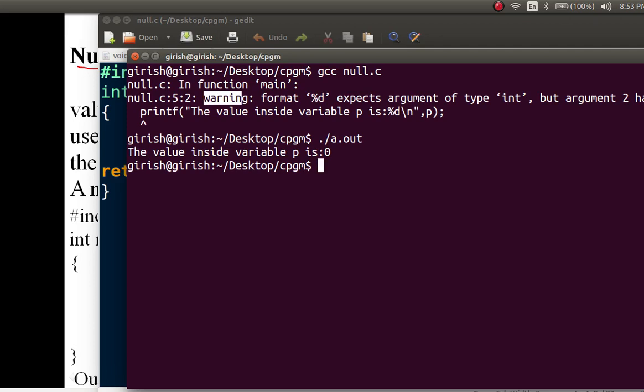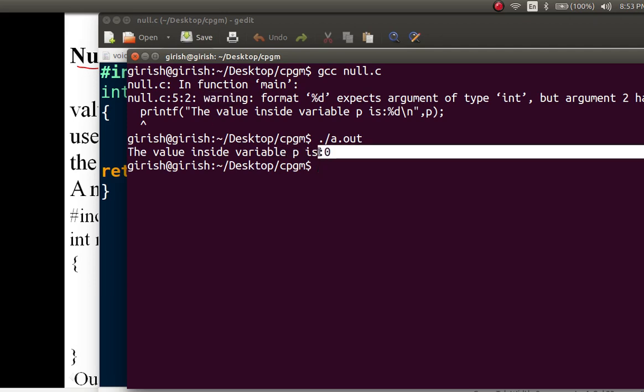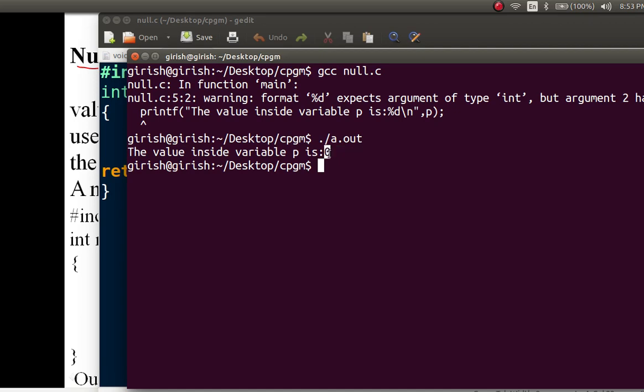See here, the value inside variable p is what? 0. So why did 0 come? Because we have assigned the pointer a null value. So due to the null value we got 0. So this is about the null pointer.